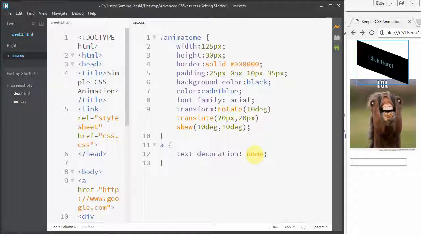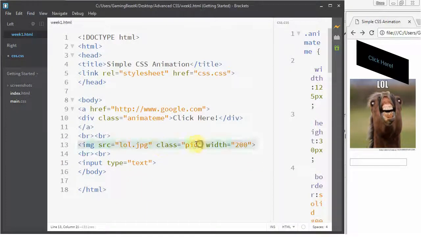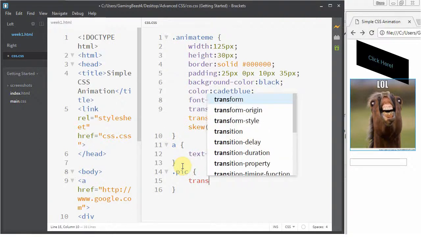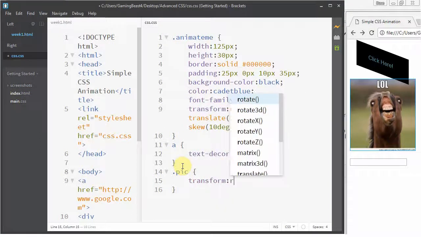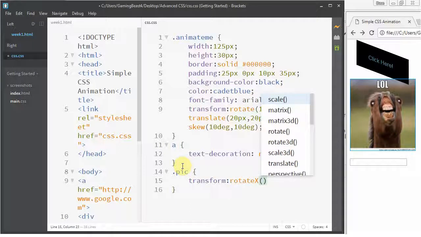All right. So that's kind of all we'll do with this one for now. We may come back to it. But I want to mess with this beautiful horse because he's amazing. And I gave him a class of pick. So we're going to mess with that. Okay. First thing I'm going to do is a transform. And we kind of already played around with this, but I'm going to do a rotate X and we'll say